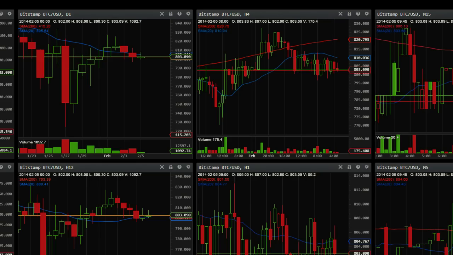Why? Because the situation we see so far could give us three potential hypotheses. The first one is a lower high that can push the price down towards the major support, which is located at 725. It's plain and simple. Remember, this is 1 day of market, so each candlestick is 1 day of market. So this might push the price towards first the 791. And after 791, then several levels. We have 770, and then we have 725. We'll see if that can happen.